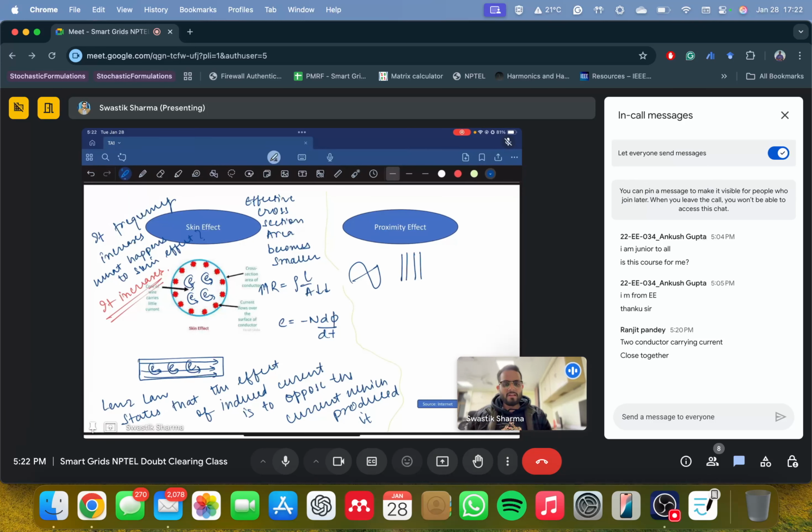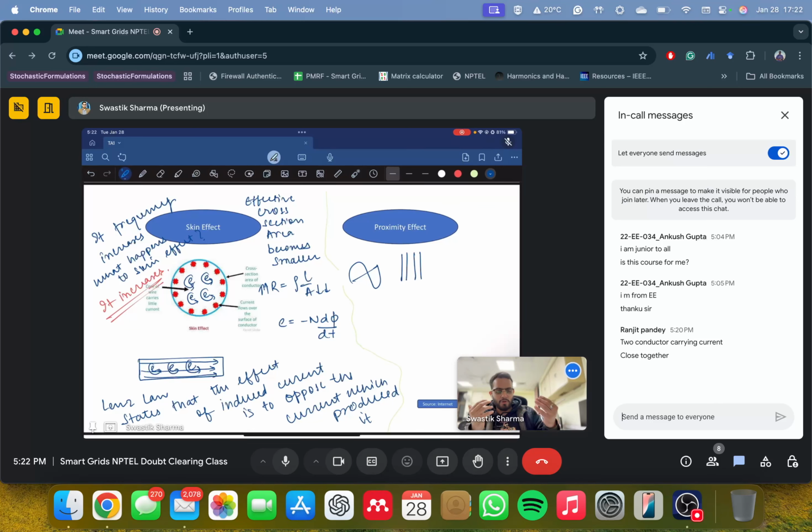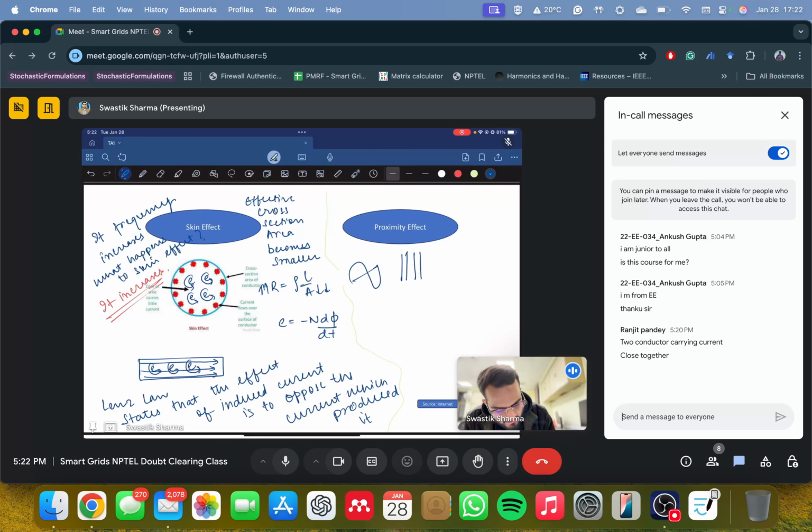So the pulsating current, which is the AC current, induces eddy currents in the nearby conductor. These eddy currents counteract each other. Why would they counteract? Because of Lenz's law. They want to oppose the change that created them, so they oppose each other's magnetic field which created them. Now, the sources of the magnetic field which produced them are very close to each other at the sides of each other's body, right?